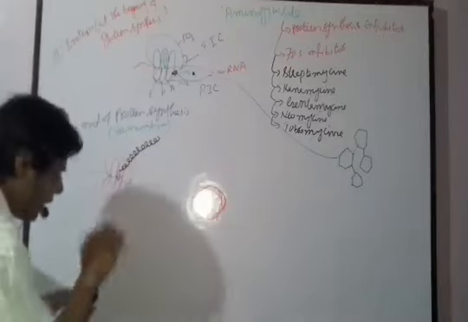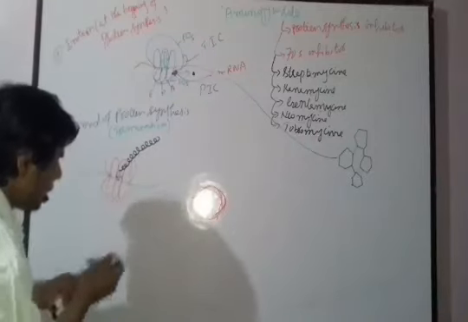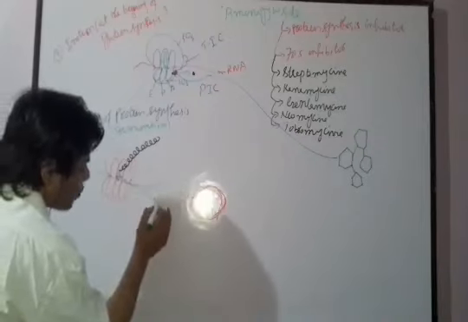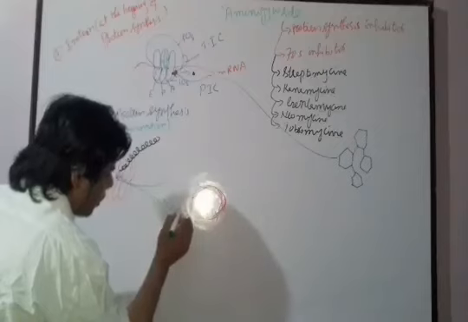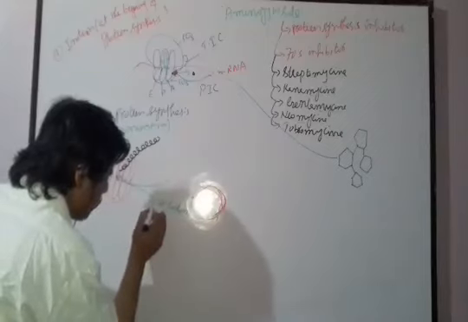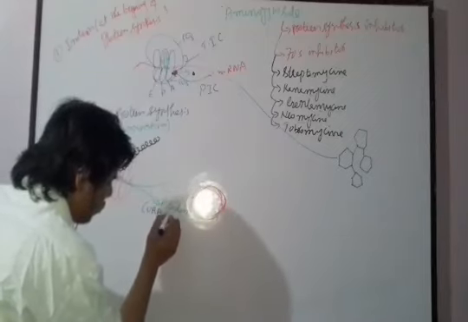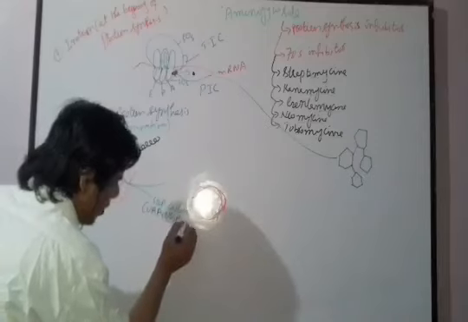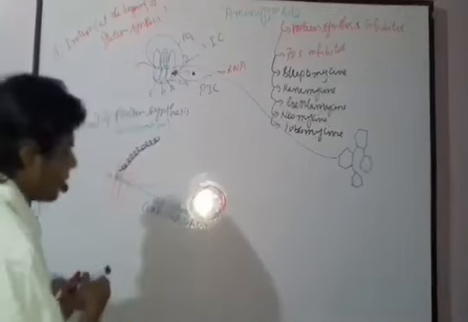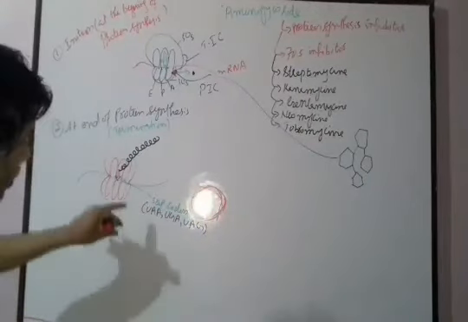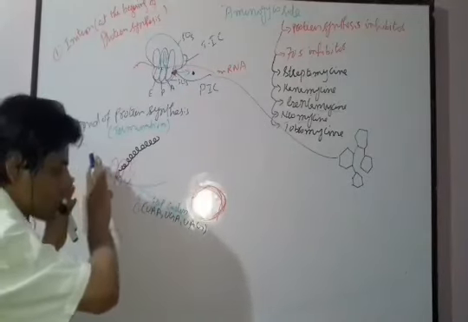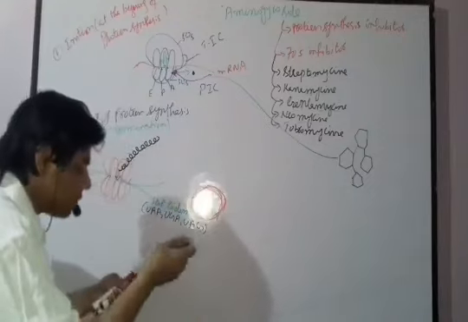And then what actually happens at that area of the messenger RNA is that there are some stop codons present. These are actually the stop codons, and these stop codons are UAA, UGA, and UAG. Fine. So these are the stop codons. Whenever the ribosome is scanning and reaches the stop codon, then